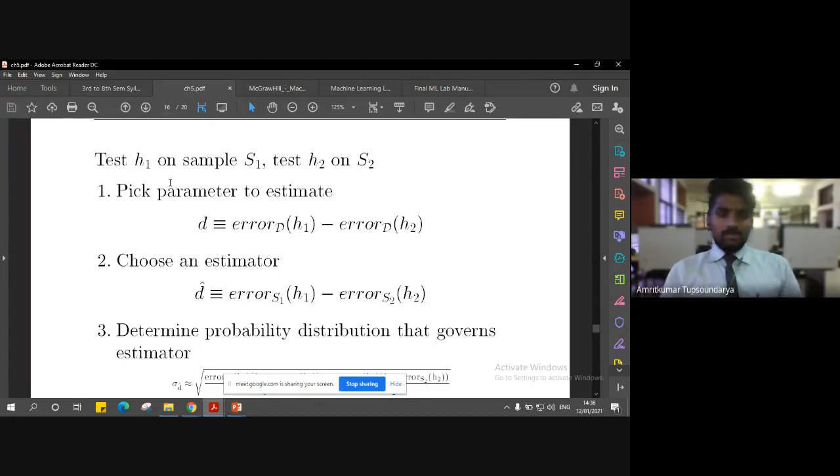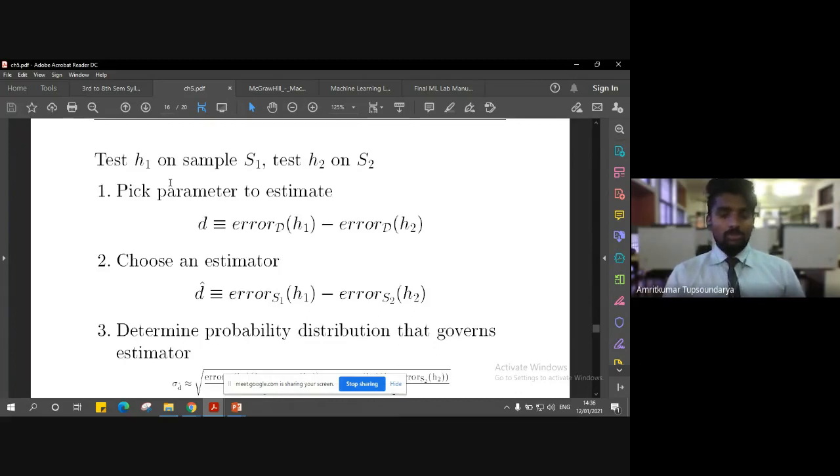So we have already discussed what is the probability distribution, what is normal distribution, and the other types of distributions that we have seen in the basics of sampling theory. Just to remind you, we have discussed the normal distribution as well as the binomial distribution.